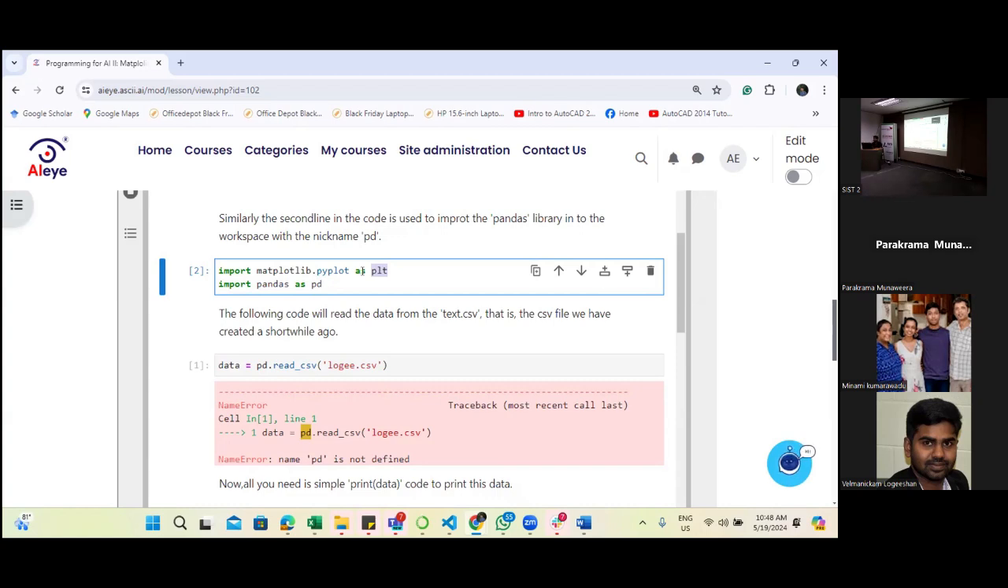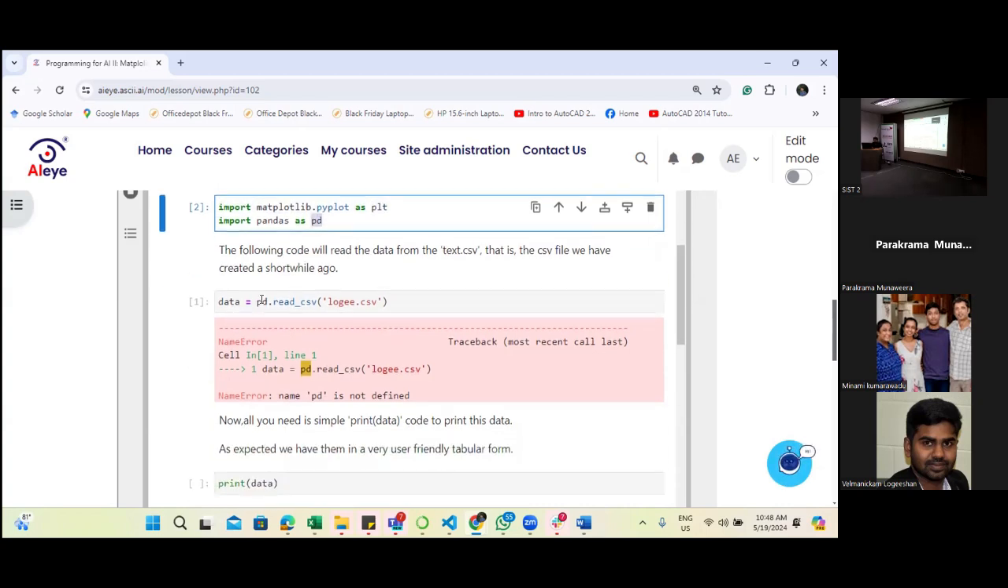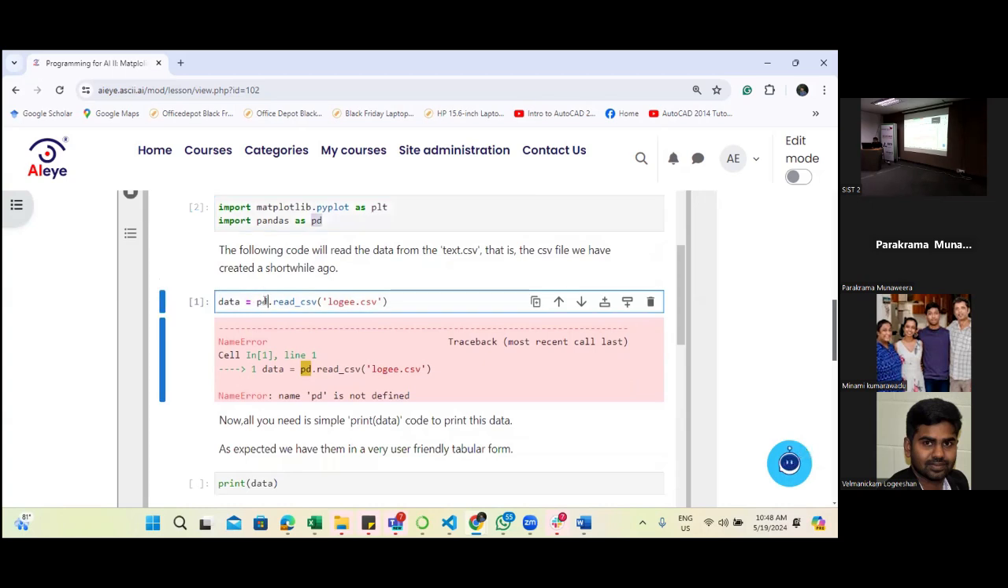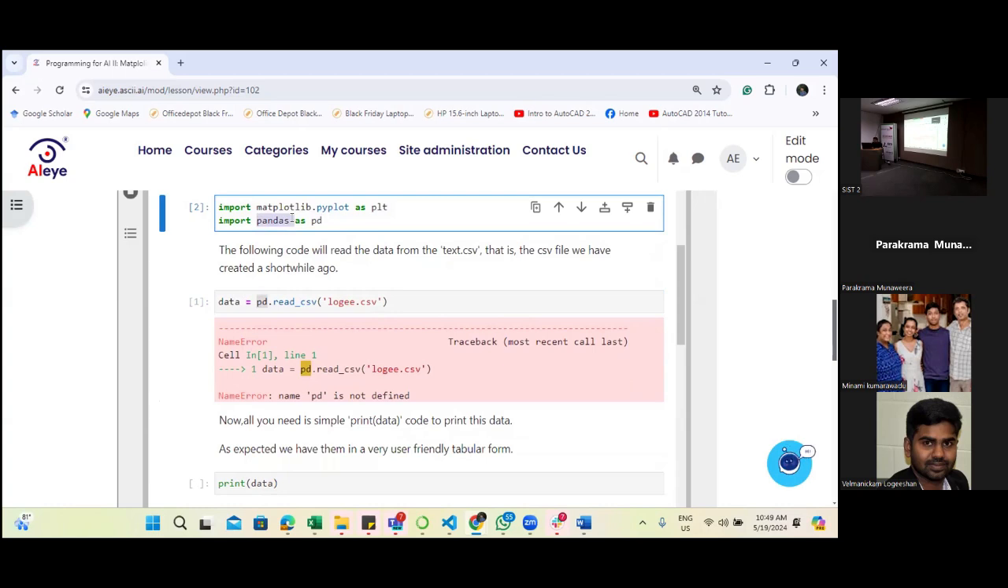And certain program helpers are there, right? For example, automatic error handling. Those errors will not be detected if you change the nickname. It will say maybe it's an error. So it's always better to use these common names. So we are going to use PLT for the plot, PD for the pandas. Now if you see, I'm using this PD over here, PD dot. That means I am reading using the pandas library,